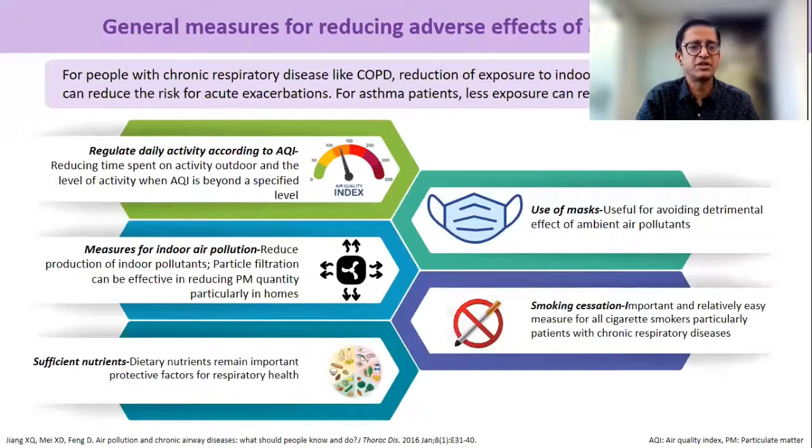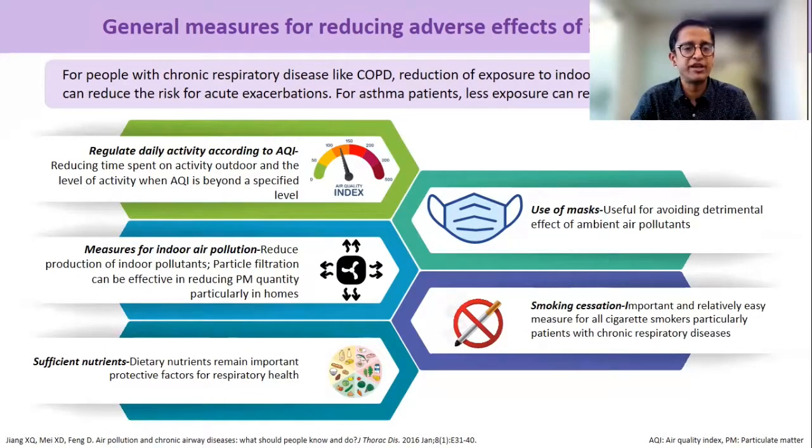What are the approaches that we need to adopt? To reduce the adverse effect of air pollution, you need to regulate daily activity according to AQI. We spoke about this already. On a day in a city like Delhi, when the AQI is above 200, and it often is, or in Kolkata, when the AQI is above that number, you need to limit going to school. People who need to walk long distances, people who work on the roadsides, there should be some way to protect these individuals when the AQI goes up. So that's about outdoor air pollution.